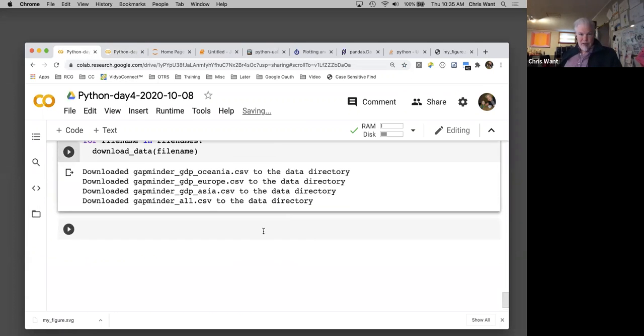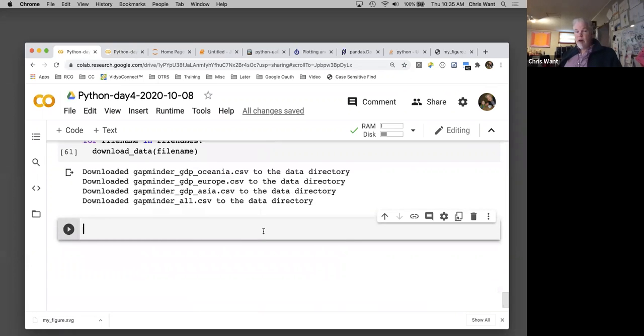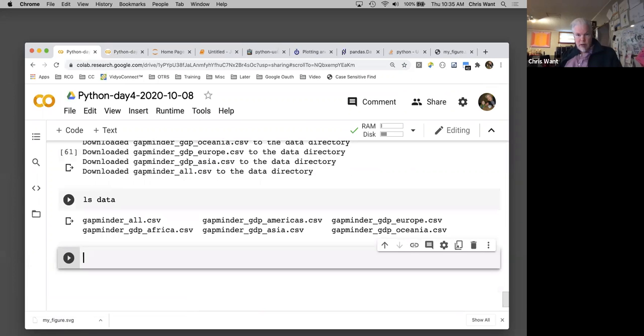So, all right. Let's look in. I'm going to write ls data, and I see there's 6 files there. If anyone doesn't have all 6 files, let me know and we'll see if we can help you out. Okay. So let's